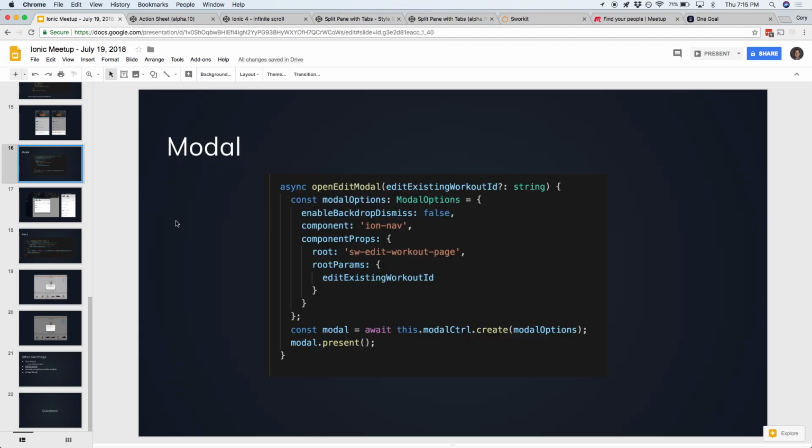So for modals, we do this in a couple places in our Sworkit app, and I want to show this off because I like modals. They're fun for adding advanced settings, or basically temporary data, like if you're trying to create a workout or edit a workout, in our instance that I'm going to show you. And in Ionic 1, you could only present a modal and dismiss it. You couldn't really add additional views to that modal. So